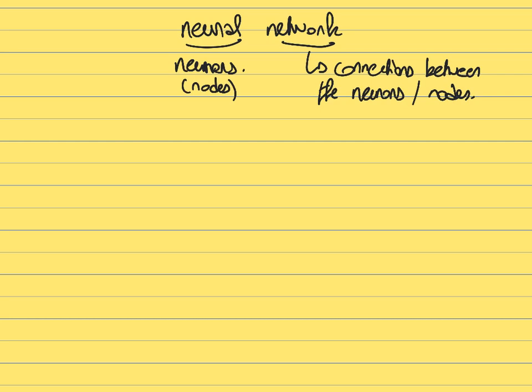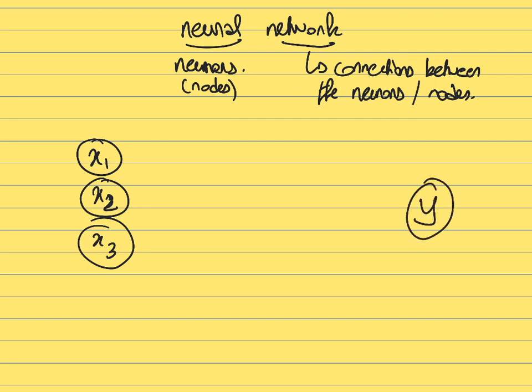So the overall architecture of the neural network is going to look like this. First, you will start with your initial features. Let's assume that you have three features, in this case x1, x2, and x3. Those are going to be your three inputs for the model. This is what you know from the training example. Based on this, you want to predict a given observable y, and your goal is to find a way to map those features into this output. This is what you do in supervised machine learning.